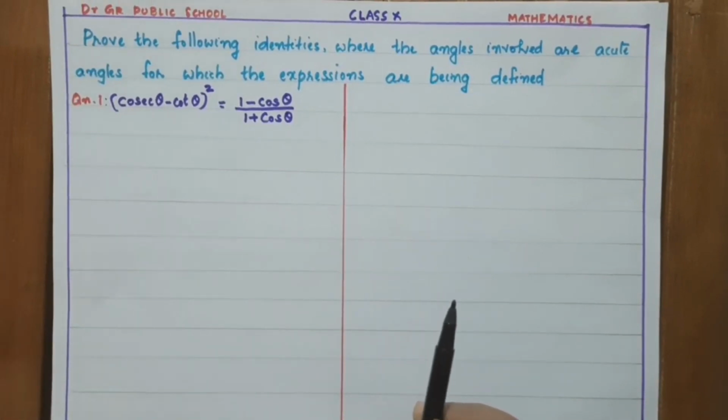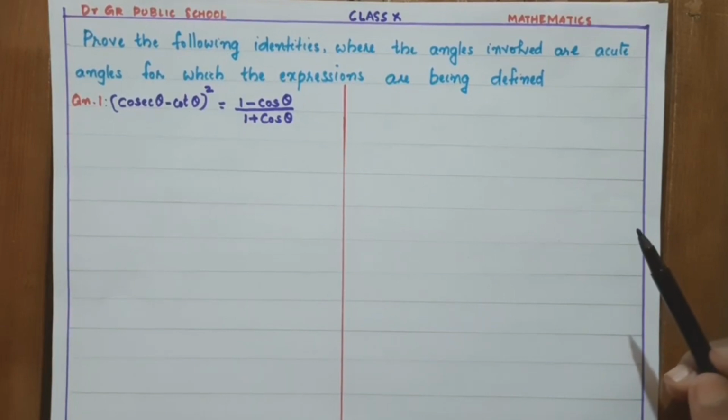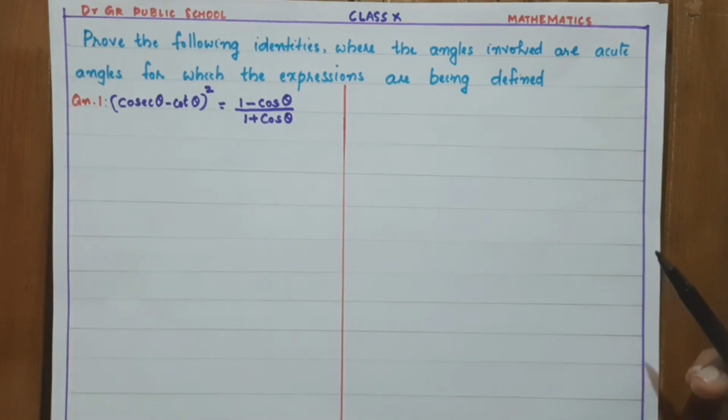Now, let's move to an interesting section of trigonometry. See, children, we have discussed three important identities. Sin square theta plus cos square theta equal to 1. Then sec square theta minus tan square theta equal to 1, and cosec square theta minus cot square theta equal to 1. These are the main trigonometric identities. Now we have some more identities. These identities we are proving by using the known ratios of trigonometry.